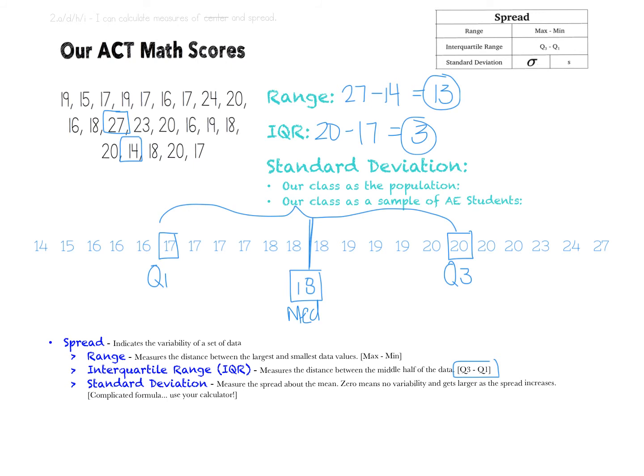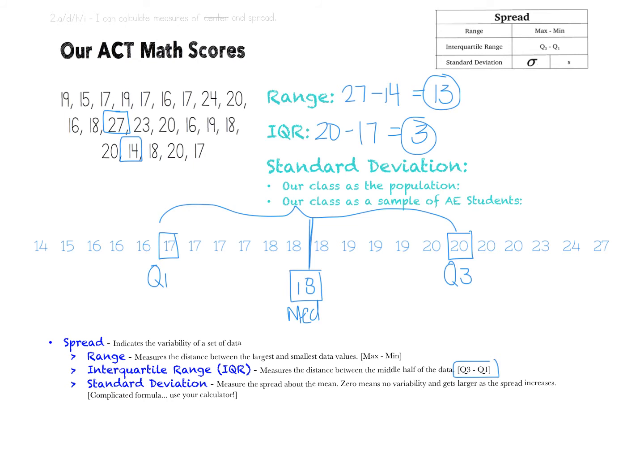All right, my standard deviation. So we're going to talk more about standard deviation in the next section, I believe. But what you need to understand is standard deviation measures the spread about the mean. So it takes data, and it's kind of like an inch or a yard or a foot. It's how we measure something, and it's always in reference to the mean. So it's above or below. So it's going to take my data, and it's going to put it into categories that we measure by standard